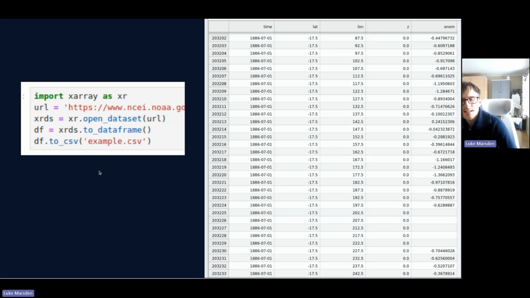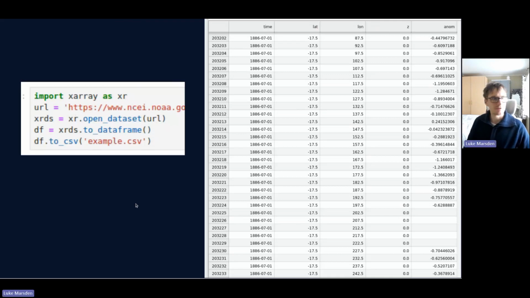Also, just because you put data in a data center in a netCDF file, it doesn't necessarily mean that someone has to download it as a netCDF file. It's very easy to build services where you can export data into a CSV file like this. You just import your modules. Xarray has a function, open data to data frame, which automatically dumps it to a pandas data frame, which you can then just export into a CSV. So you can put data in a netCDF file in a data center and the user can get a CSV file out, but that will not work the other way around.